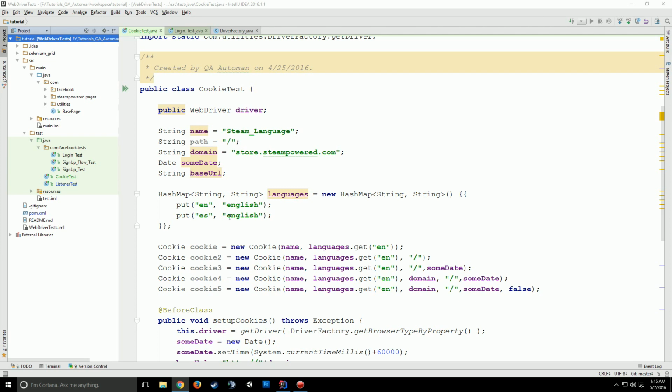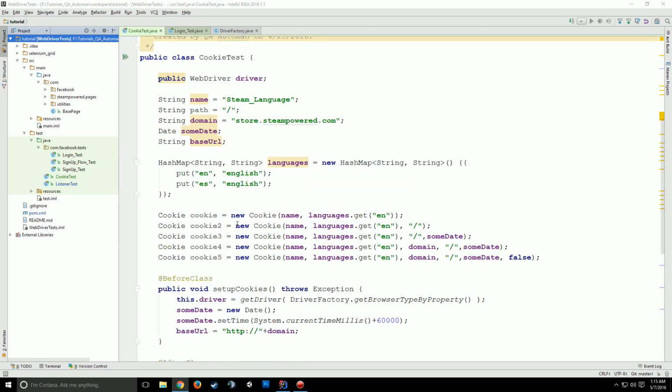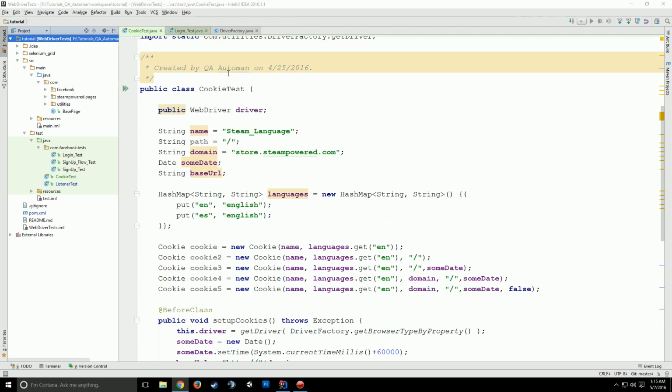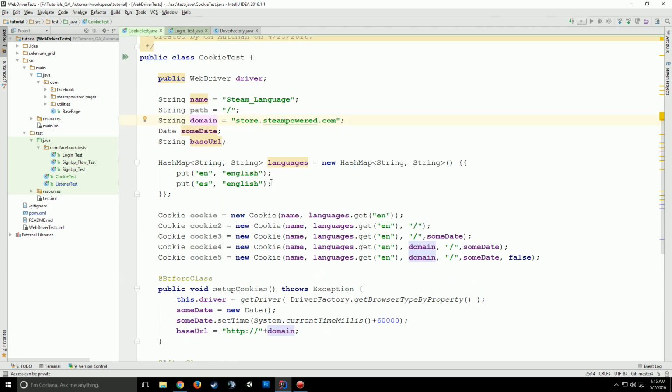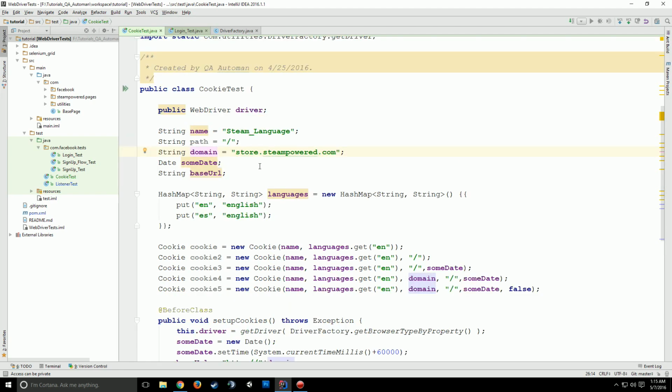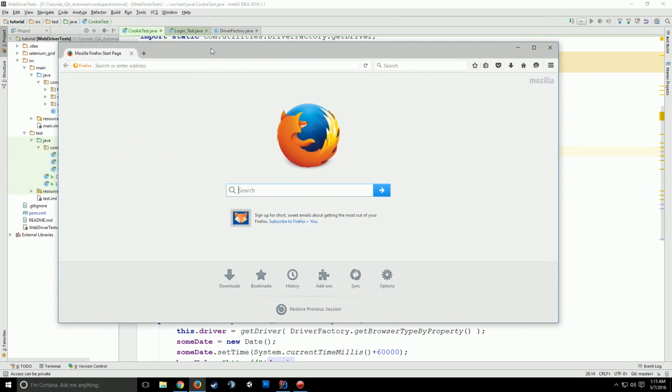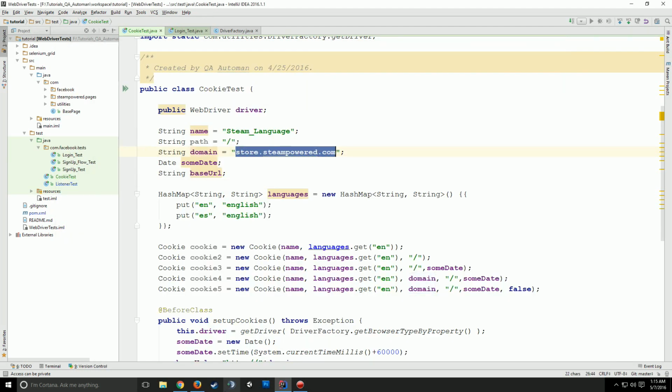So I'm going to be talking about setting up cookies inside your browsers, and so here's a kind of rundown. I'm setting up this cookies test. Here I have name, path, the domain. If you're familiar with cookies, these are some of the staples of creating a cookie. Now, I'm going to be testing on store.steampowered.com, and we're going to be messing with the language on the browser. So if I go to this guy here,